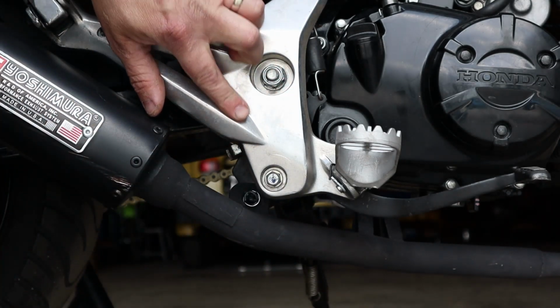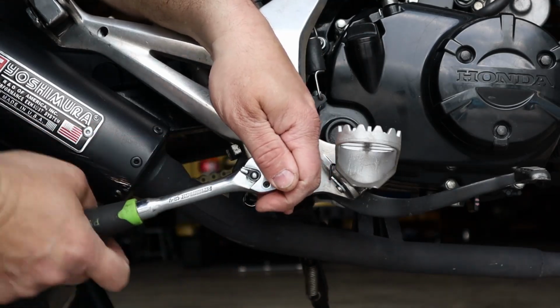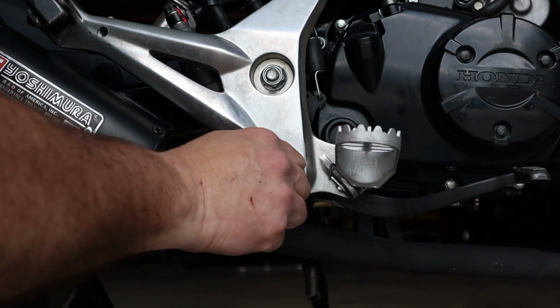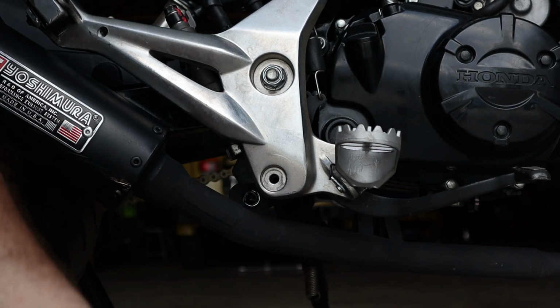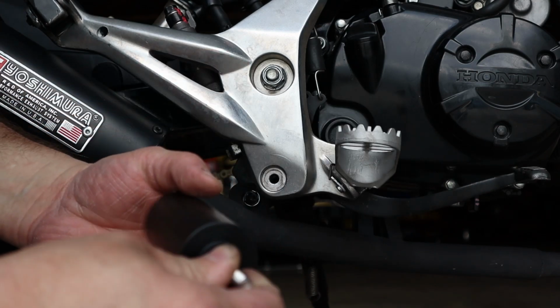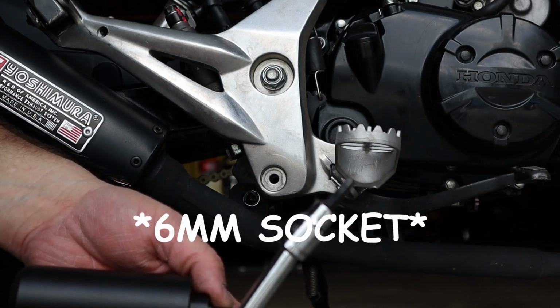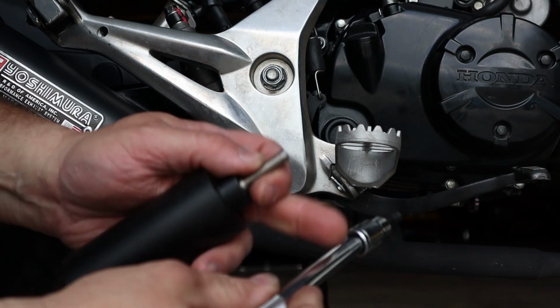This lower nut right here is what you're gonna pull out. It's a 12 millimeter. Set that aside. You don't need it. To install your rear set saver here, you're gonna need an M6 bit. You're not gonna be able to get away with just the regular L-shaped stuff, and an extension, so it fits